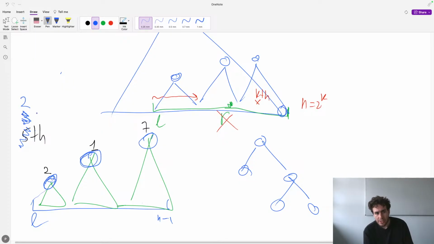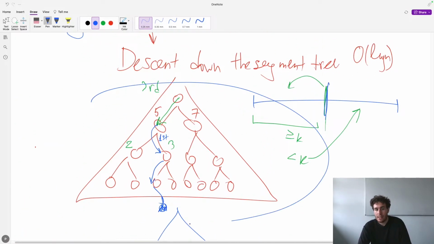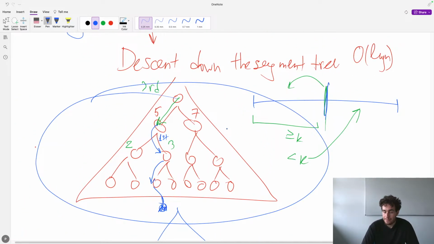So I need to decrease it by 2 and go up. And now I finally come here, and this segment contains 7 ones, and I want the 2nd, so indeed my answer is inside this subtree. And now I do exactly the same as what I told you when we wanted to find the kth one in the whole array,